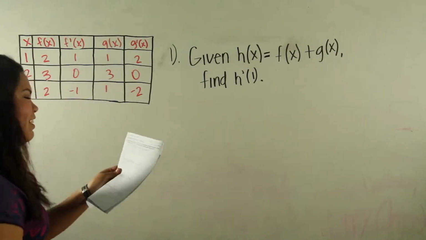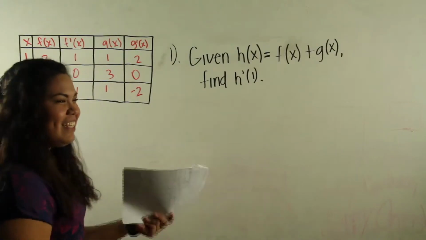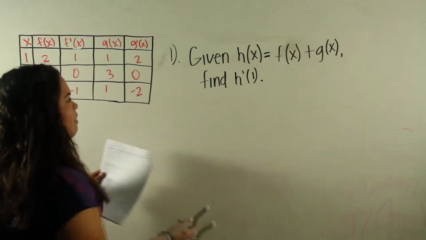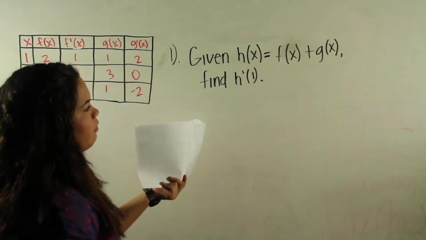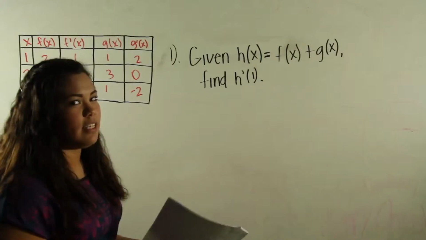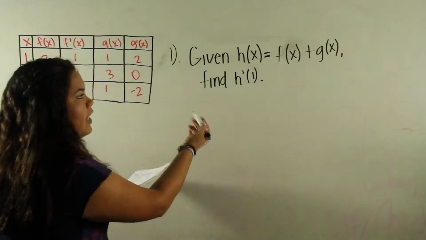Alright, so to get started, we're doing differential rules with tables. So exciting. And, okay, so the question asks, given h of x equals f of x plus g of x, and it's asking us to find h prime of 1. So to start out, we're just going to find h of 1,